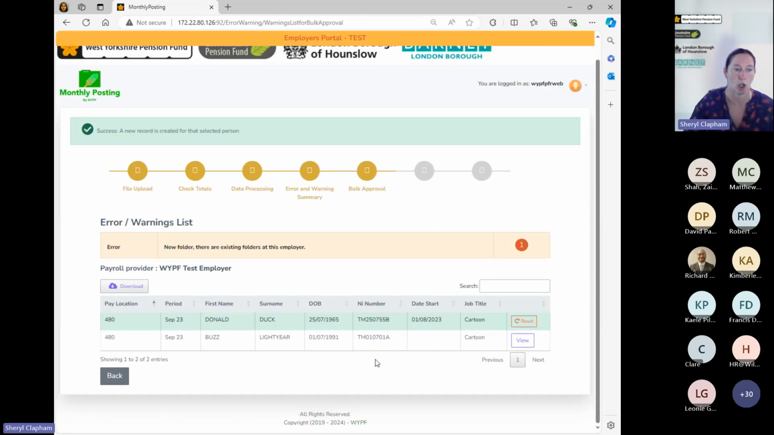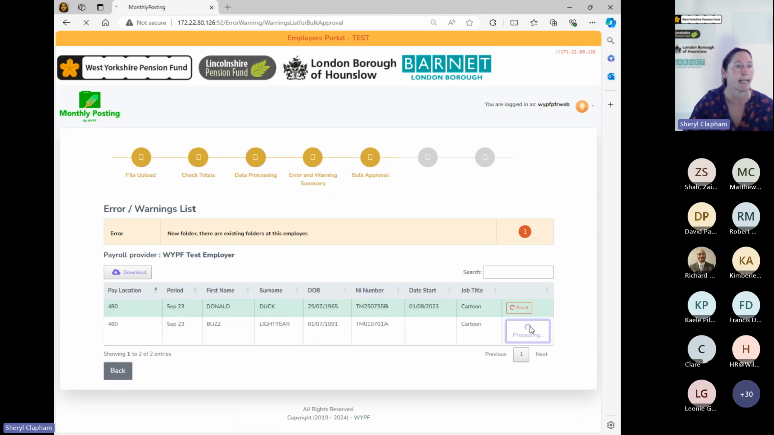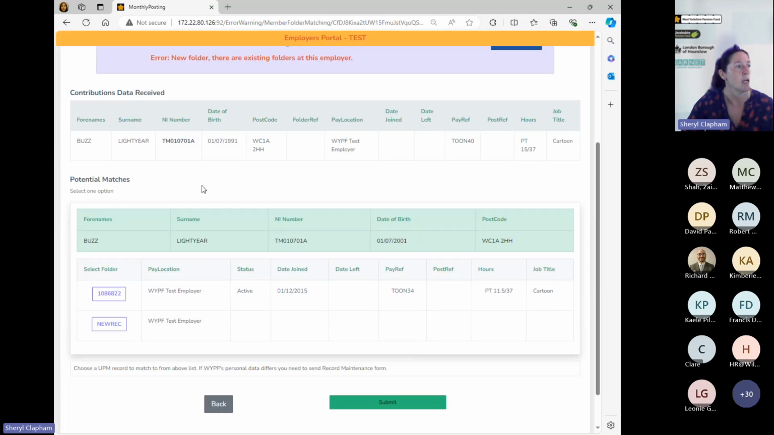Okay, so that's cleared Donald. Now let's have a look at Buzz Lightyear. So we view at Buzz. So again, we've got Buzz Lightyear. It's a 15-hour job,